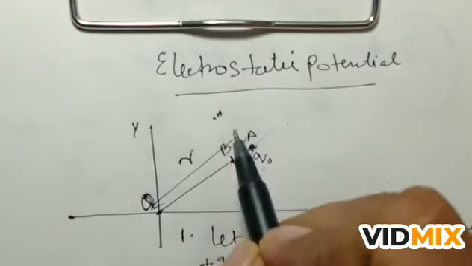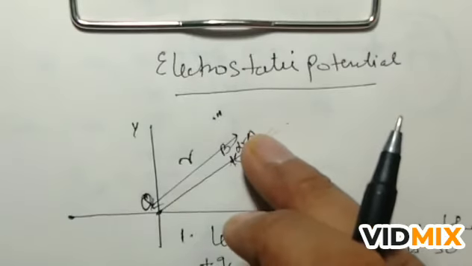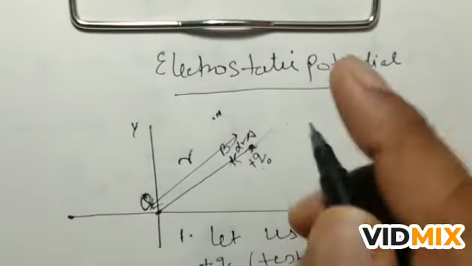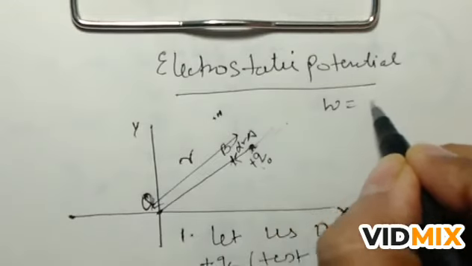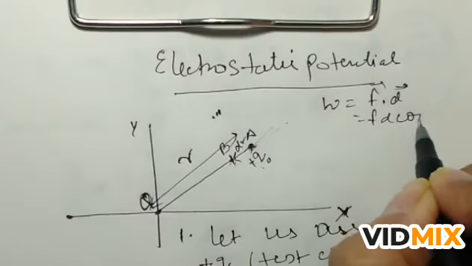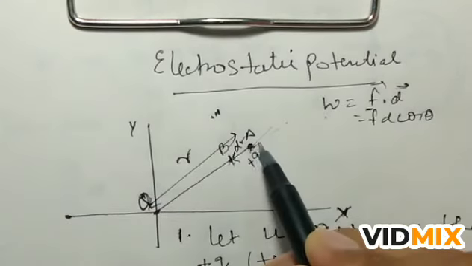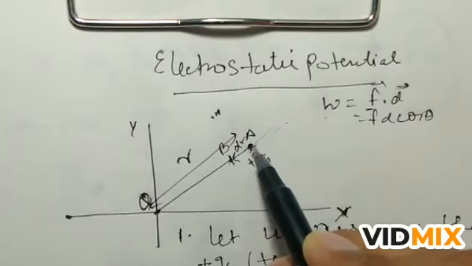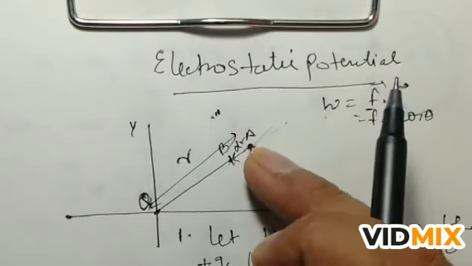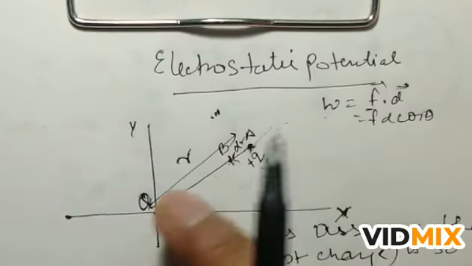And why are we doing this? Why are we making this condition? Because we are going to find the work done. In class 11 it was discussed that when the force is constant, the formula for work done is F dot D or F D cos theta. This relation is applicable only when the force is constant. So we bring this charge inside the field very slowly, not changing the value of force. This is how we can bring this charge from point A to point B in the electric field of this charge Q.